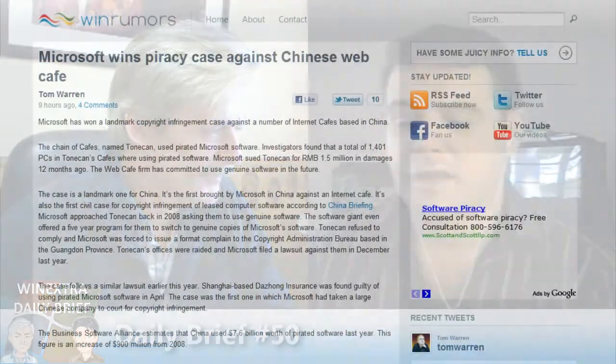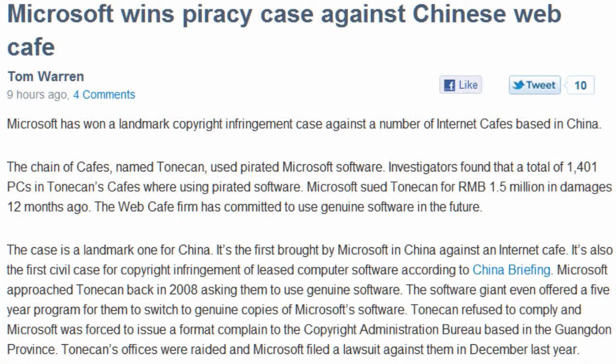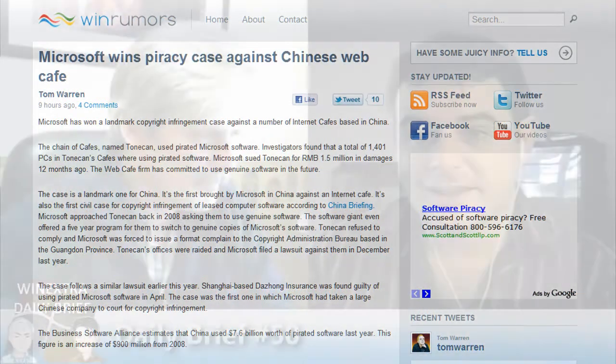Now, China. Microsoft goes to China. Microsoft sues a web cafe in China for $1.5 million. The web cafe was Tonacon. There's a chain of cafes, and apparently they were using over 1,400 PCs with Microsoft Windows installed, and they had been approached in 2008 by Microsoft. They'd been given the opportunity to take part in a 5-year plan to not be sued, and